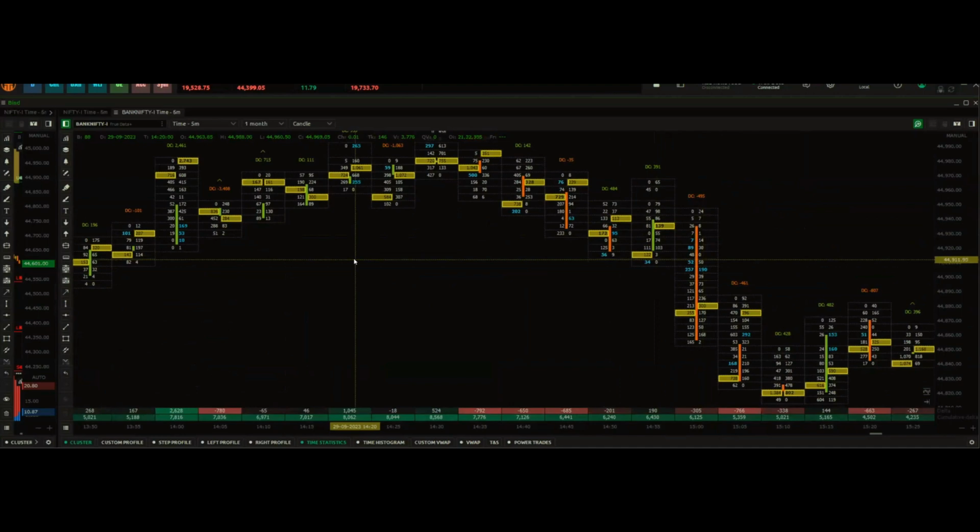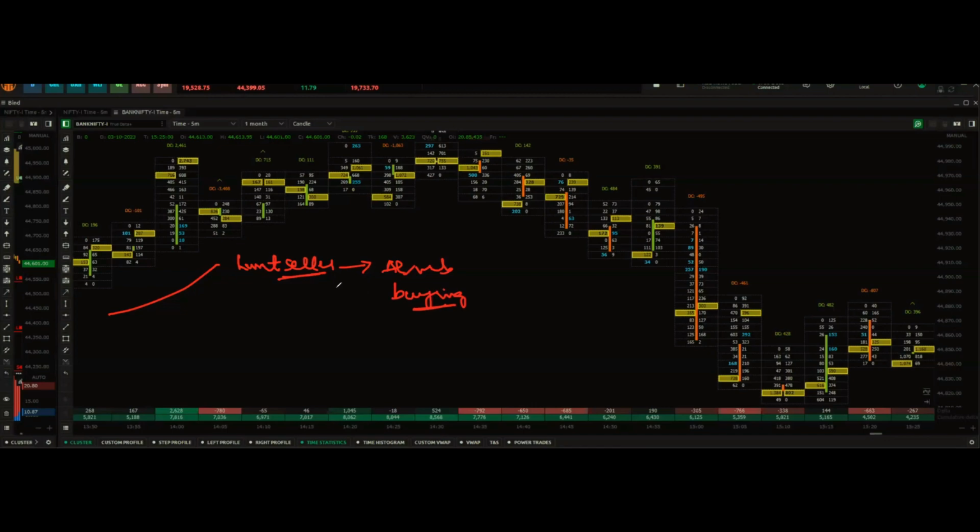Once a passive seller or a passive buyer comes in, for example, if the market is moving up and you see that a passive seller comes in, limit or passive means the same thing, this limit seller through limit orders, the max he can do is absorb the buying that is happening. But for the markets to essentially reverse, you also need to see follow-through market selling, because market selling is what will trigger the market to move downside after the limit seller comes in. Or else if the market continues to move up, this seller will be underwater now. But either way,